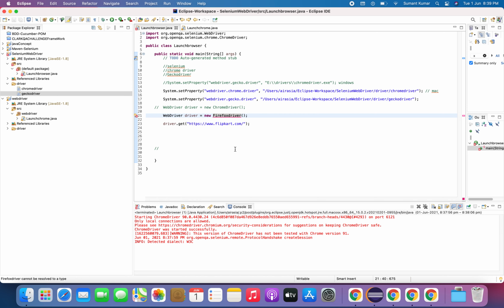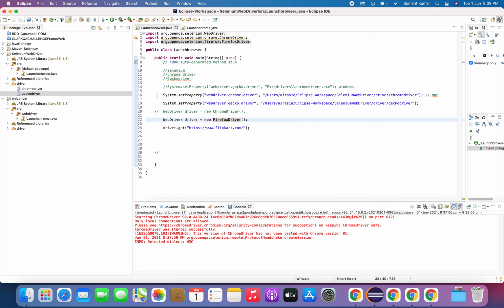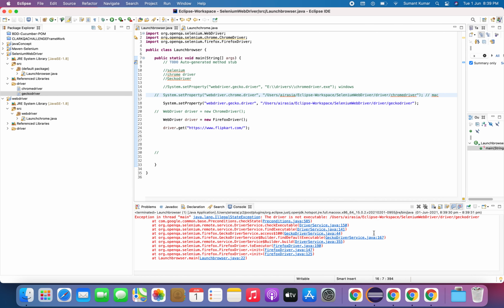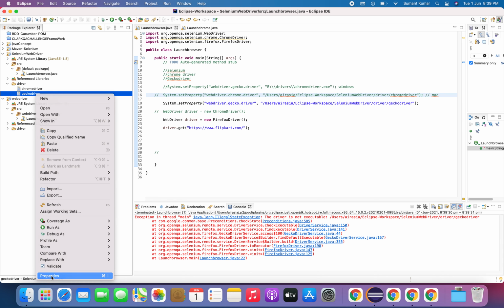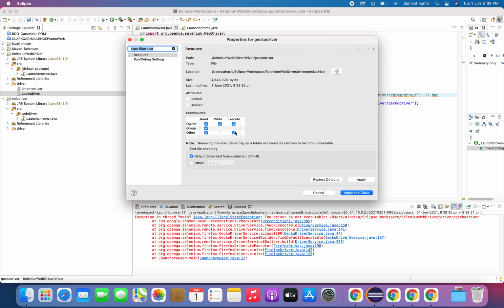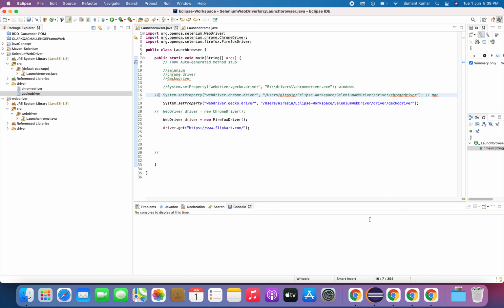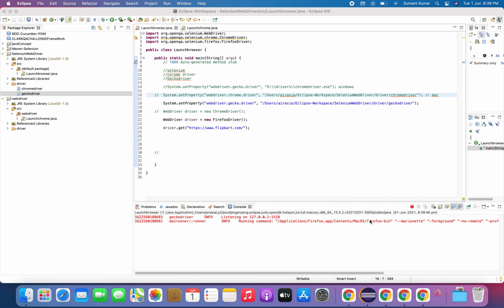Here you have to give a capital T. So now you can see this imported FirefoxDriver, right, and this ChromeDriver path I am commenting out. Now this time if you launch it, again you have to give the execute permission to this Gecko driver as well, right. This time if you launch, it will launch Firefox and navigate to Flipkart.